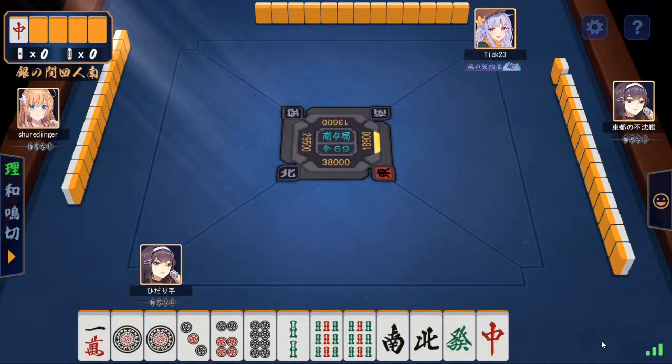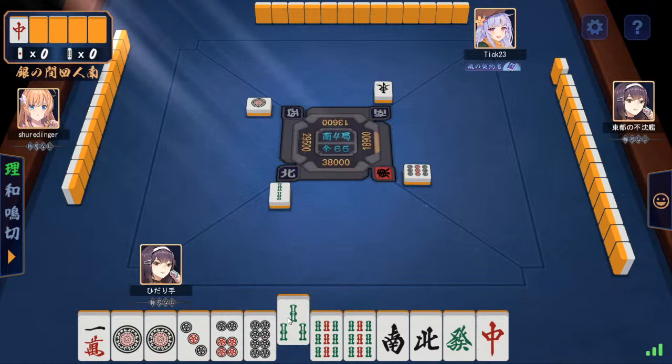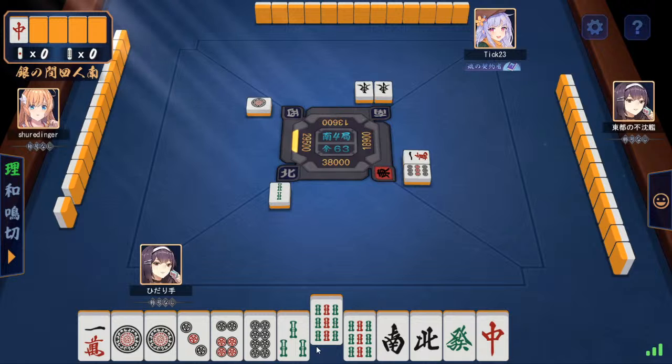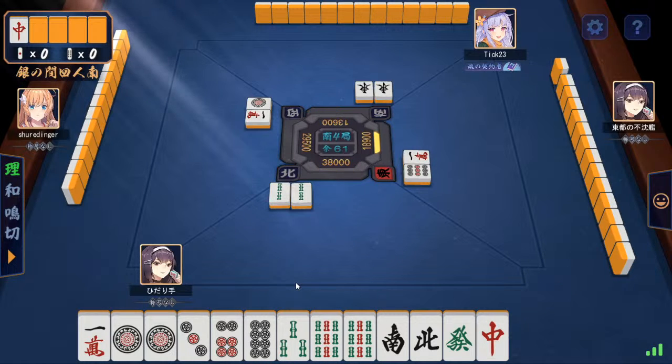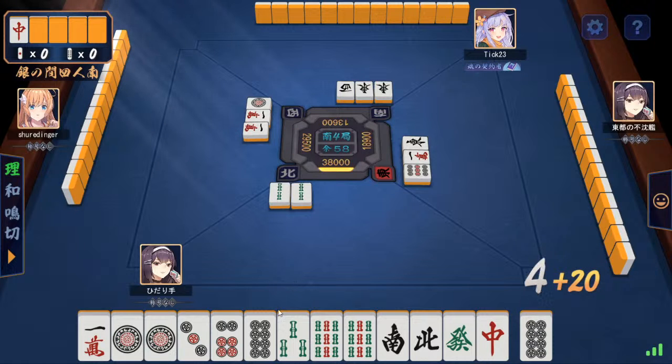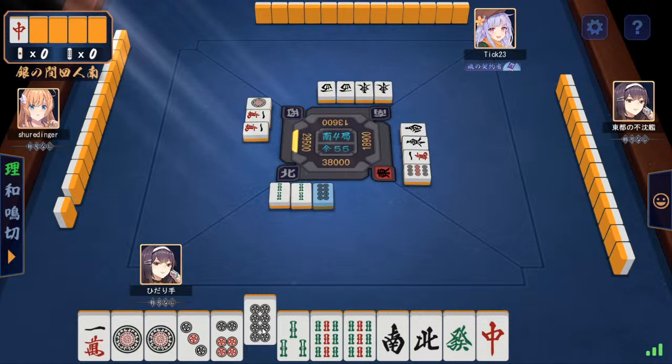A 5 or 6 would mean a win for player 2. That's 16 out of 36 for player 1, or 20 out of 36 for player 2.